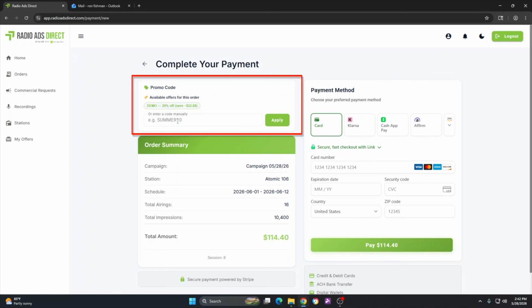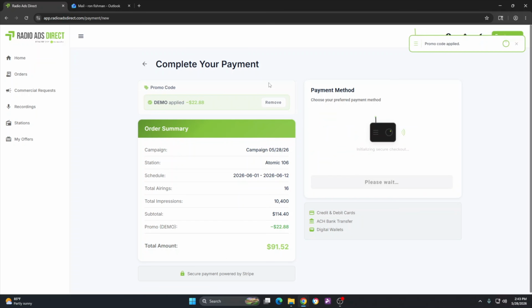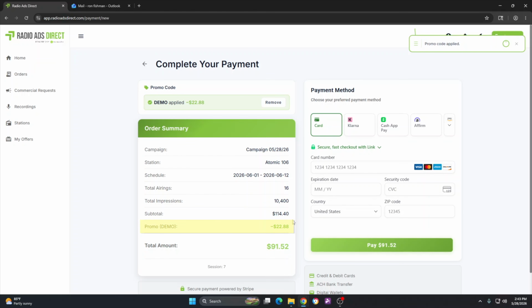Now, if I put in a promo code here, as we mentioned earlier, I can apply that to this order. And conveniently, the platform does tell you any available offers that you may have that already apply. So you can see that because we chose Atomic 106, this demo promo code to give us 20% off, we're going to save $22.88. We can apply here, and all I have to do is just type this in or simply click it. And clicking it will apply that promo to the order. You can see that it takes off the $22.88, which makes the total only